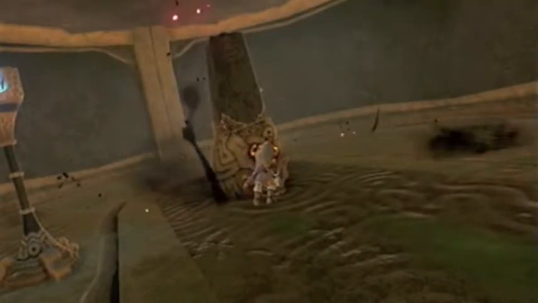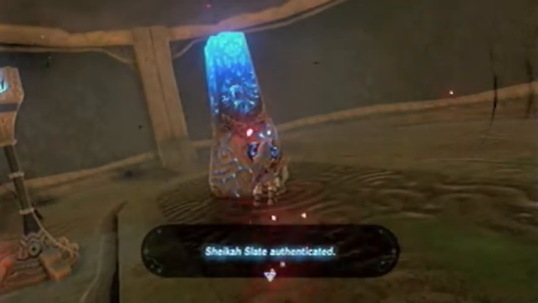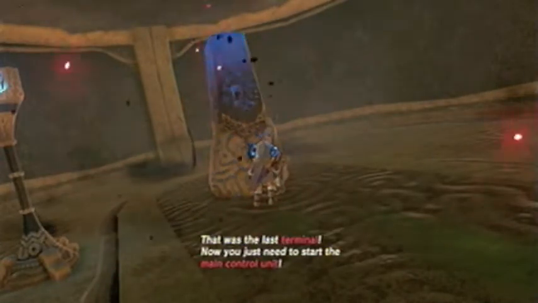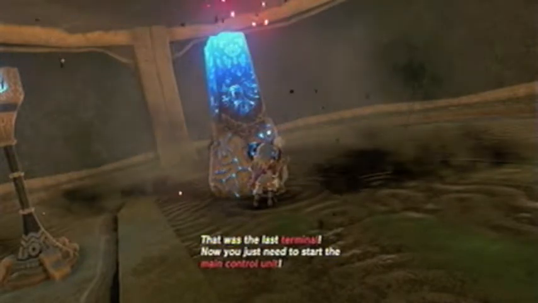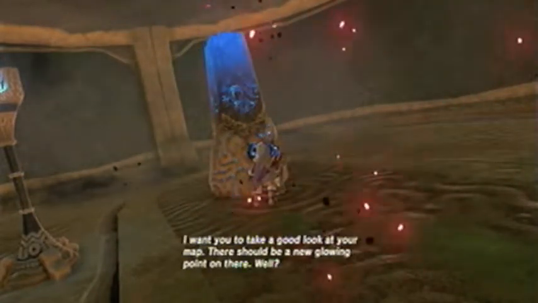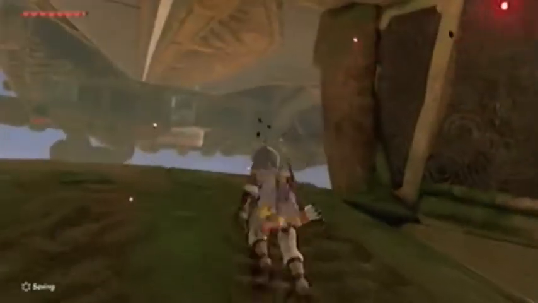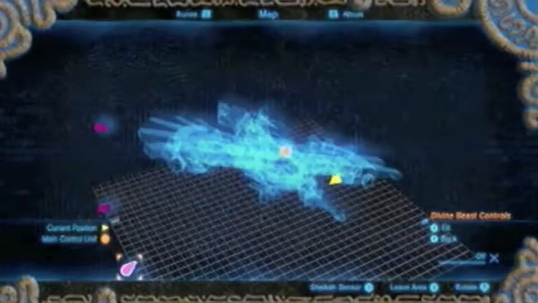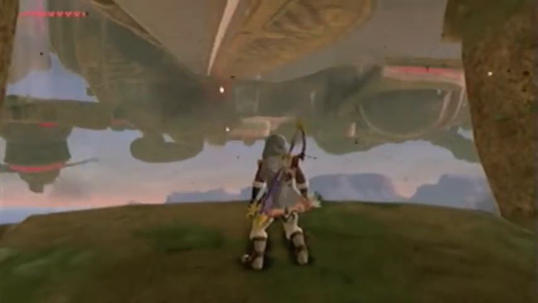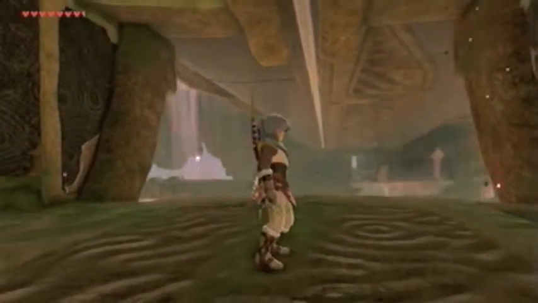Yeah, this is the easiest one of the Divine Beasts. It's very straightforward. So that's why I chose this one first. So now all we need to do is get to the main control unit. Flap to it. Yeah. So the main control unit should be on the very top. I'll go ahead and tilt back down. And getting up top shouldn't be that difficult. Actually, all I should need to do is just go over to...